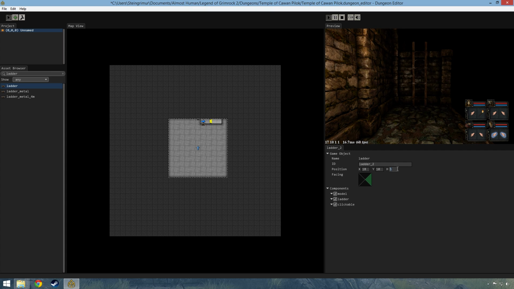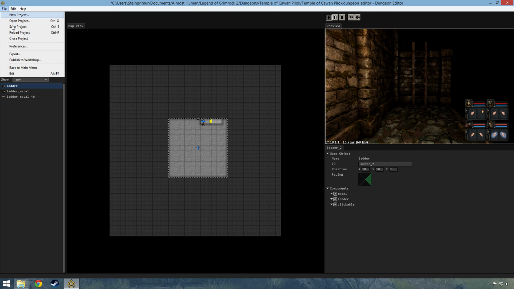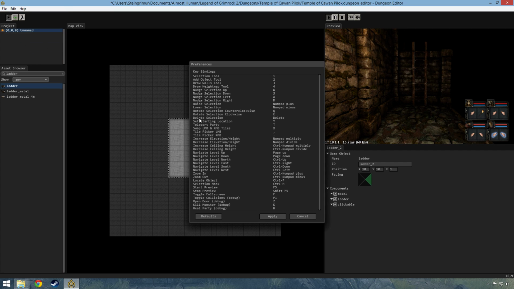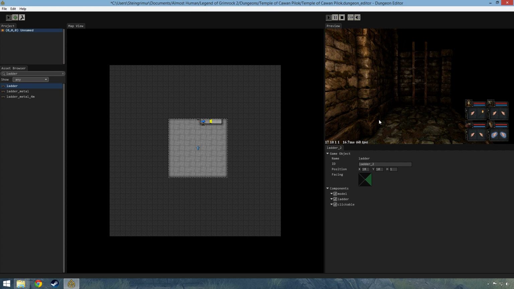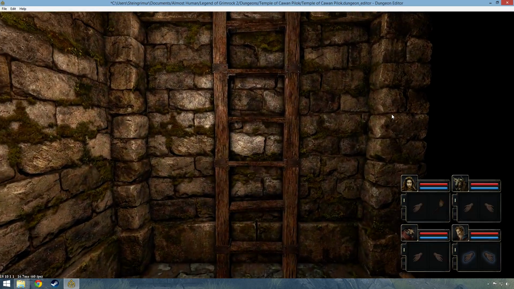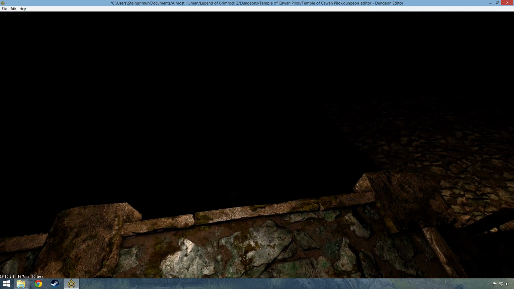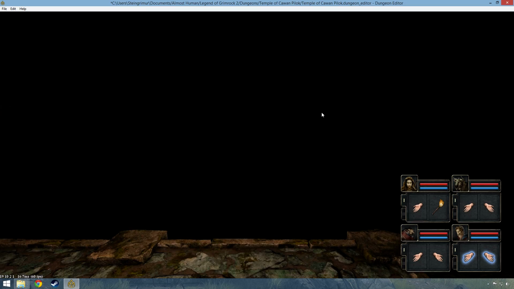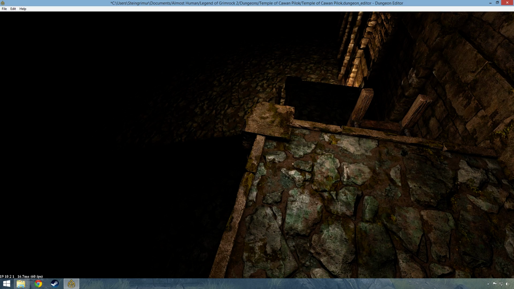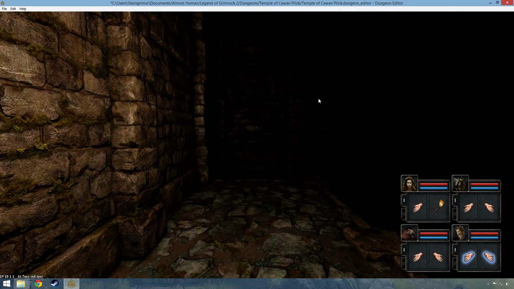Of course I can just type this in manually also if I want to, but it's a good thing to know that in the preferences you can assign key selections to raise something and lower something, and that becomes quite useful once you start creating your own dungeons. So now that we have this letter in the correct place, I can climb up to the next one, and now I'm on the 2nd floor, 0 floor being the ground,